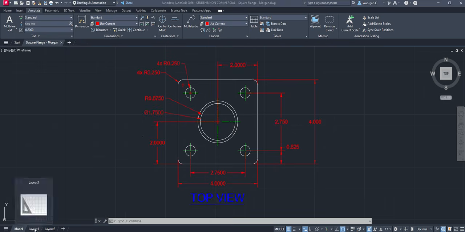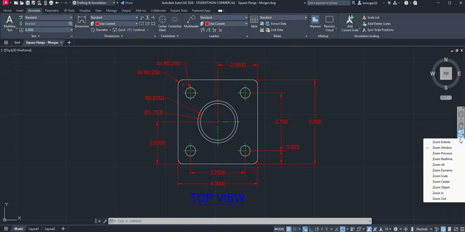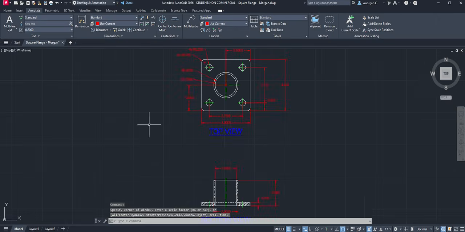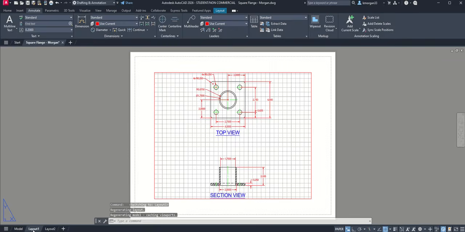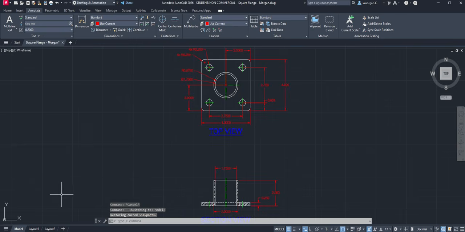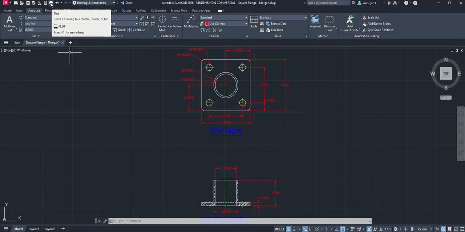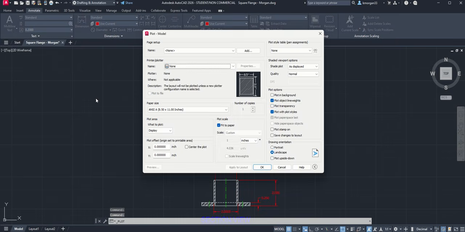The layout is kind of like, if you do Zoom Extents, it's going to go that way, and you can see the layout like this. So now we are ready to do plotting. Your plot is the print, and we want to print it in a PDF file. So we will click on this little one, and then your Quick Access, and of course it will take you to